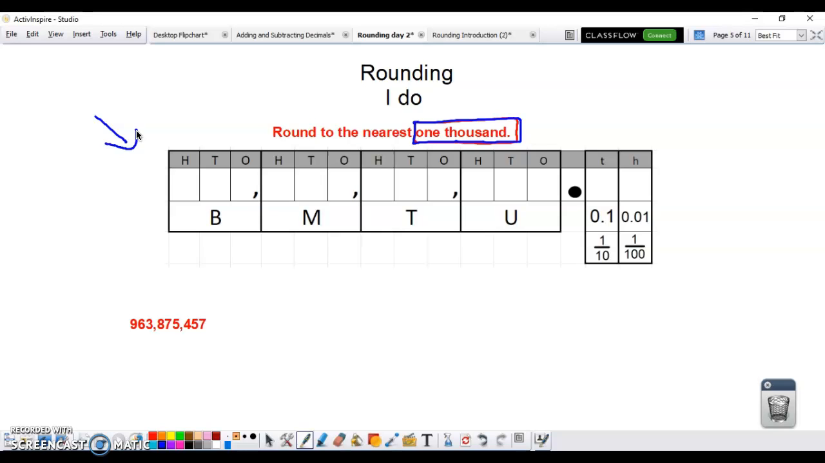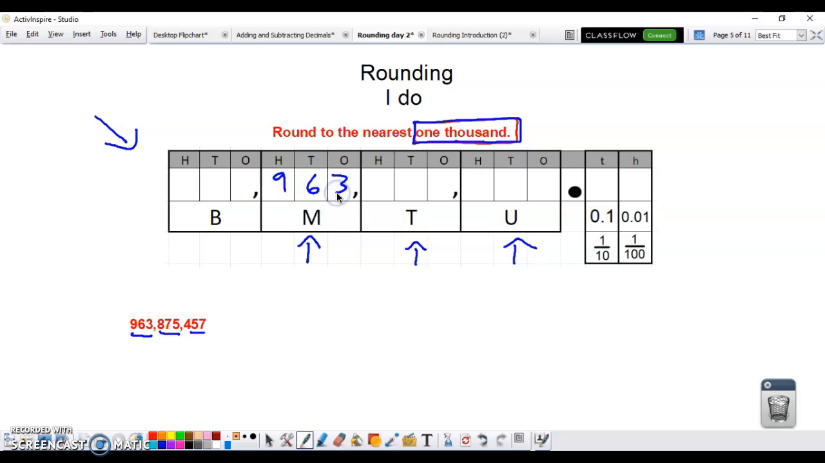I can tell that this has units, this has thousands, and this also has millions. So I can automatically start on my millions because I know I have millions, thousands, and units. This number does not have any decimals, so I don't have to worry about decimals. And I can just bring each place value at a time. So 963 millions,